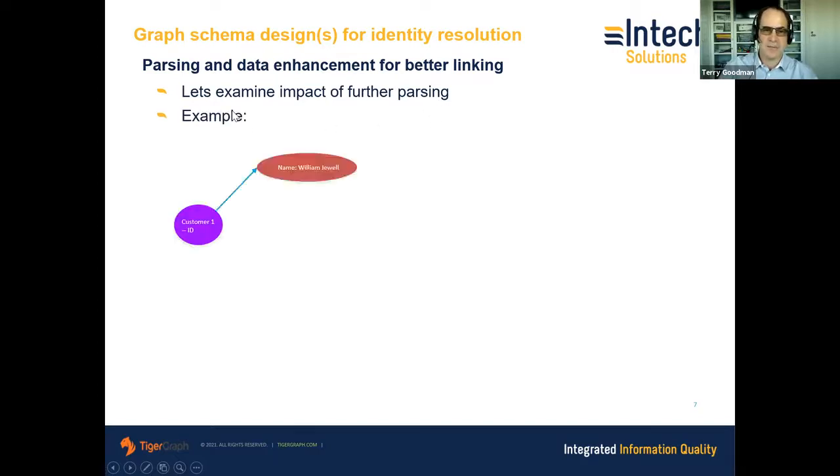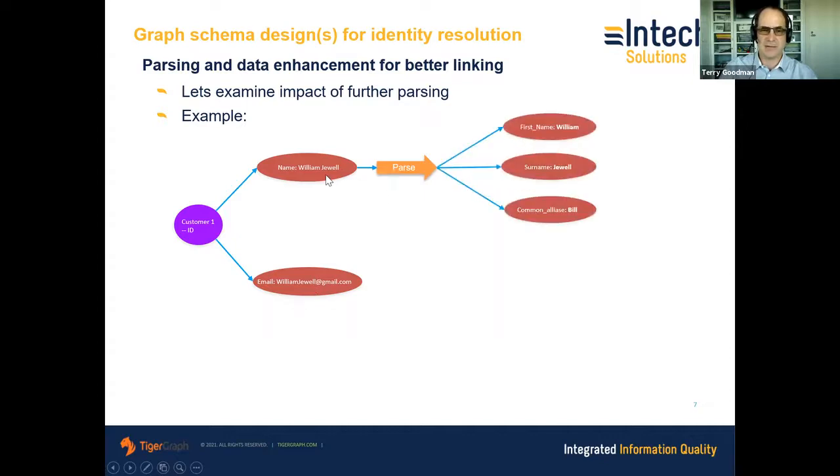So customer 1, same record as before. They have this name and they have that email address. Now what we want to do is actually break down the name and the email address further by applying parsing. So this name, William Jewell, we apply a parsing process to it. We identify that the first name is William, the last name, surname is Jewell, which I can clearly see by visual inspection. But more interestingly, I can also enhance the data by appending Bill,